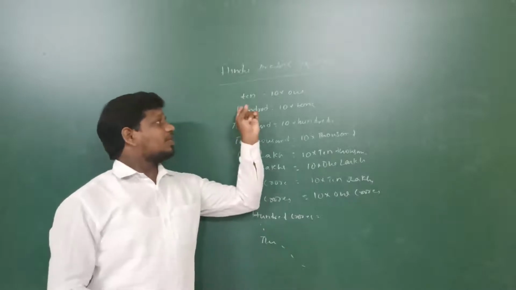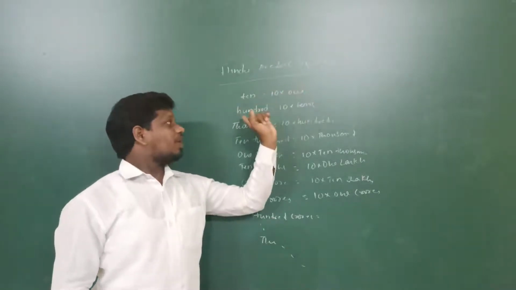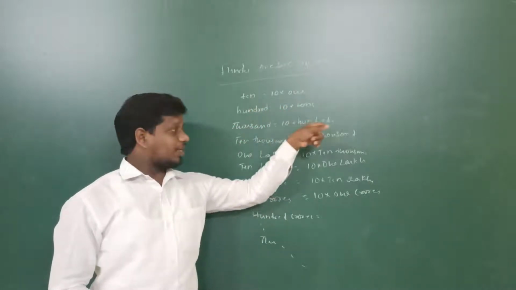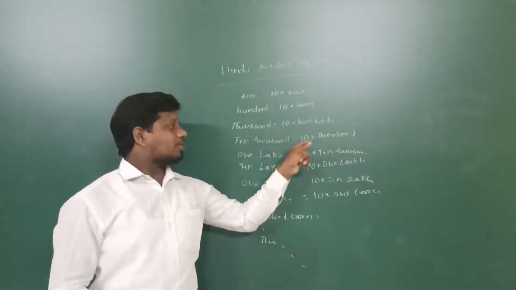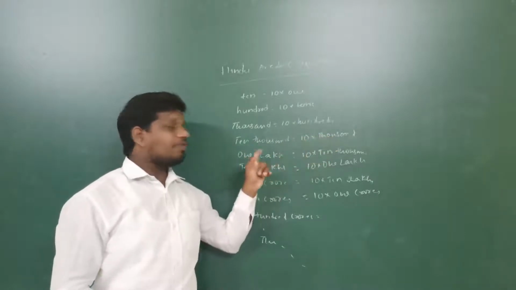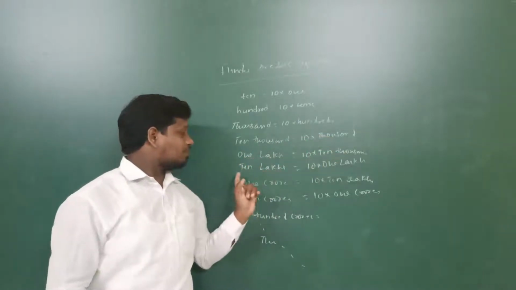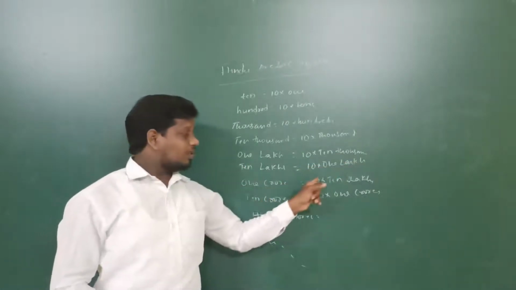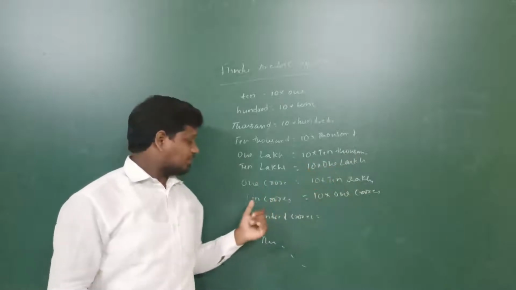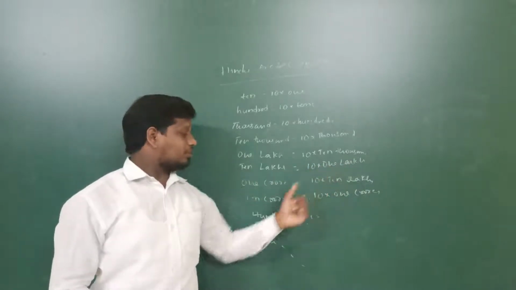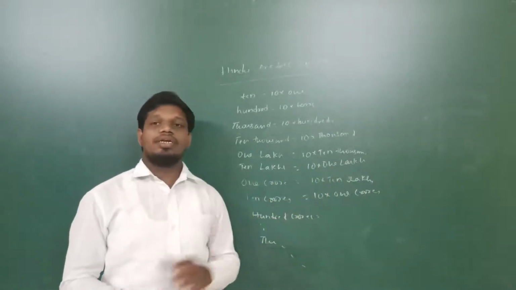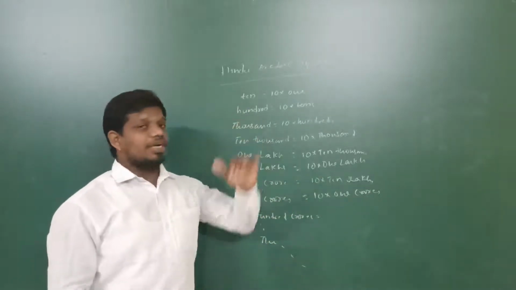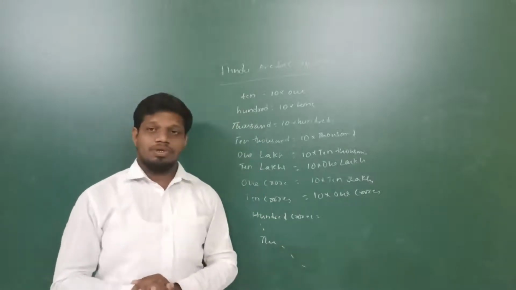Okay. So here 10 equals 10 into 1 unit. 100 equals 10 into 10, 10 tens are 100. Next 1000 equals 10 into 100 and 10,000 equals 10 into 1000 and 1 lakh equals 10 into 10,000. 10 lakhs equals 10 into 1 lakh and 1 crore equals 10 into 10 lakhs. Next 10 crores equals 10 into 1 crore and 100 crores equals 100 into 1 crore or 10 into 10 crores. Okay, so like that we can write the Indo-Arabic system.